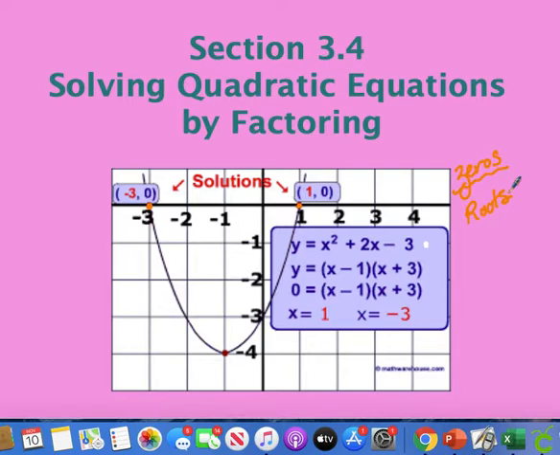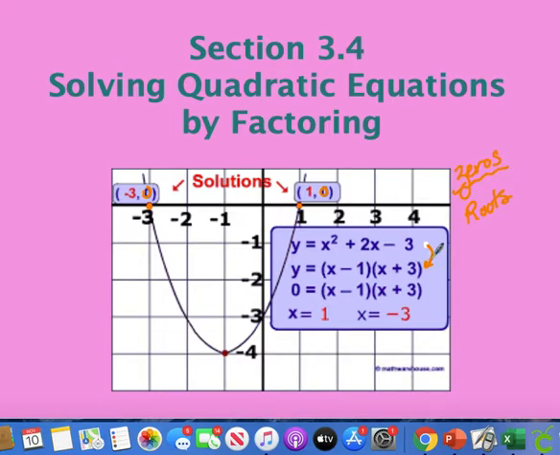It is because that is where the function is equal to 0, where our f of x or where our y is equal to 0. It finds us the x value. So you can see here graphed that we get (-3, 0), where the function is 0, or (1, 0), where the function is 0. Now, where we're headed is to understand today how to factor this function into two binomials